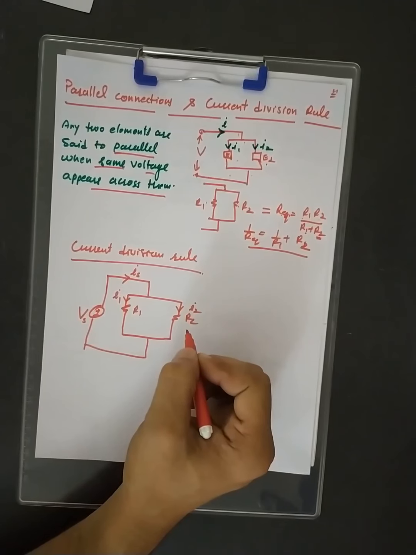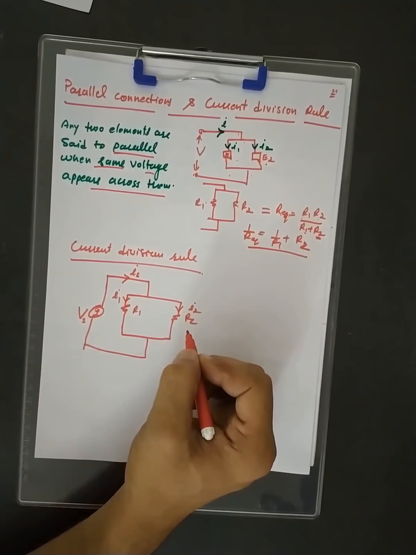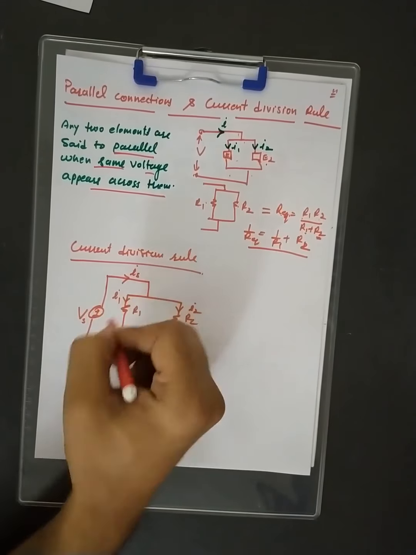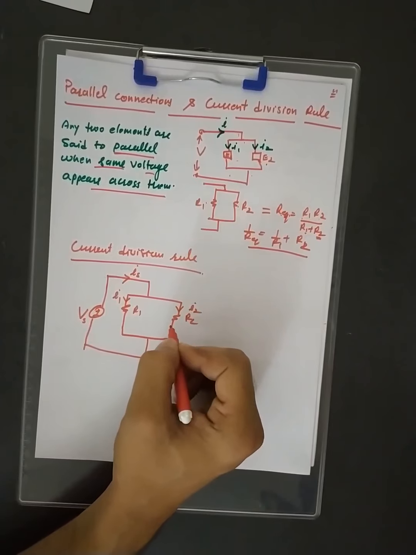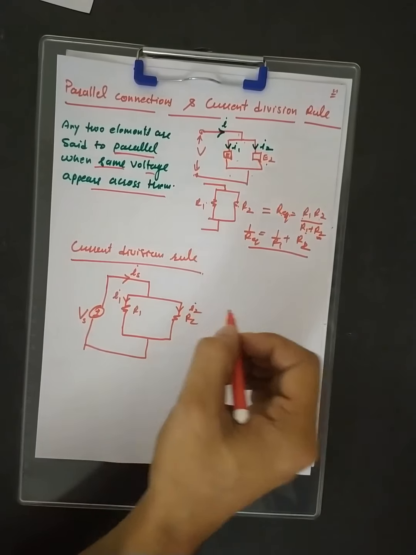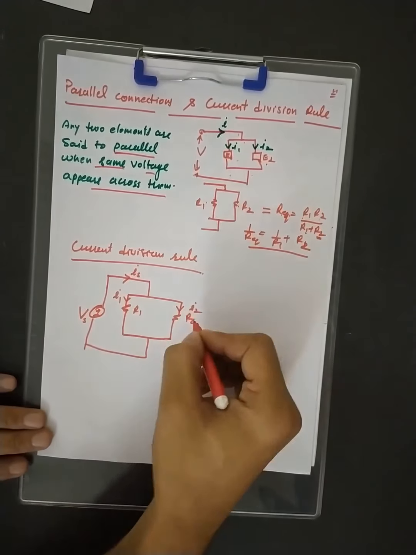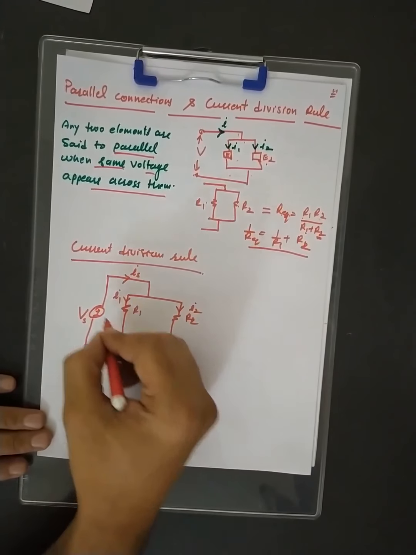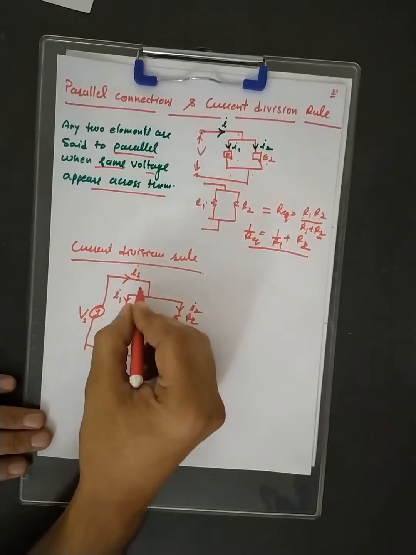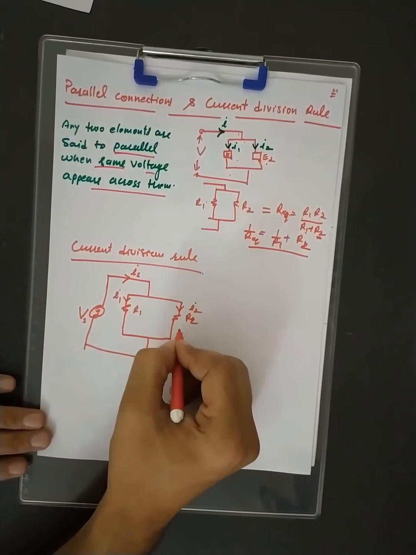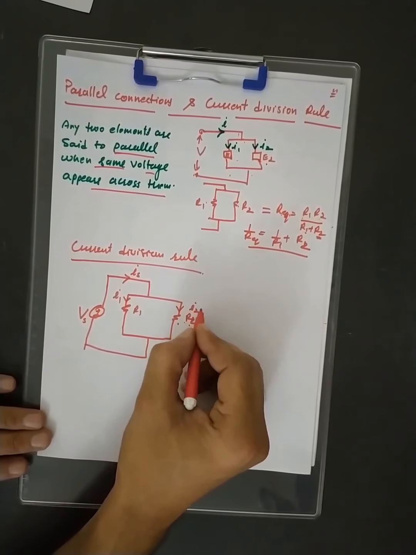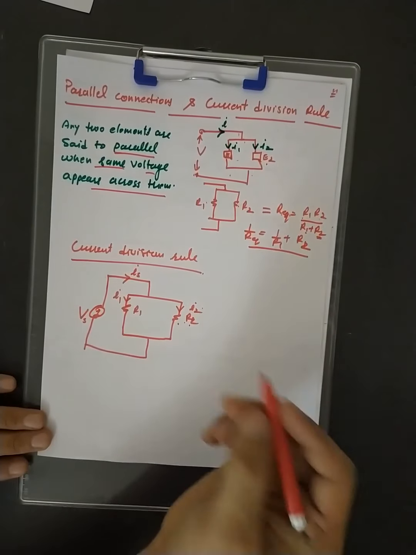branches. Clear? The voltage division rule was applicable when you have to find the voltage across series elements, and current division when we have to find the current across parallel connected elements. So you can find the current across R1 and R2 simply because we know the voltage is constant across them. If you know the value of voltage across this one, the voltage divided by this resistance, you will get the value of current.